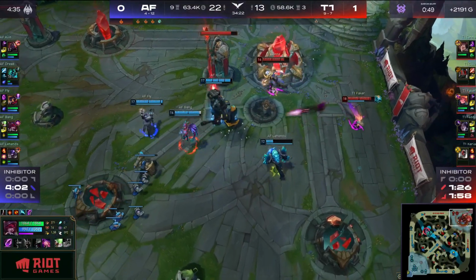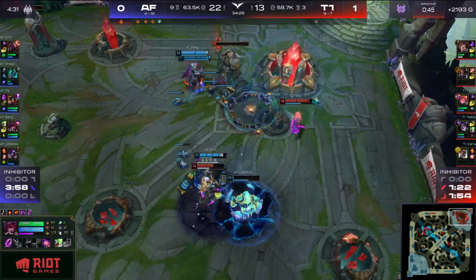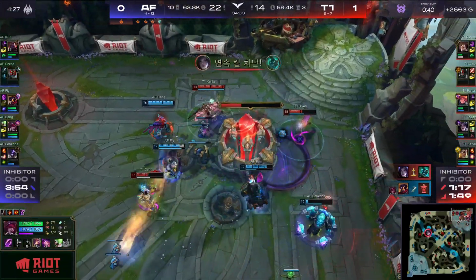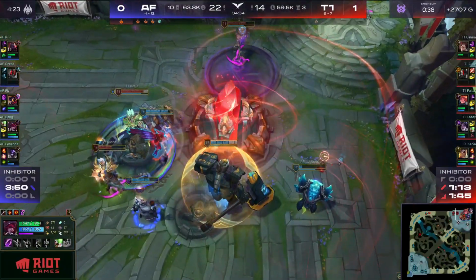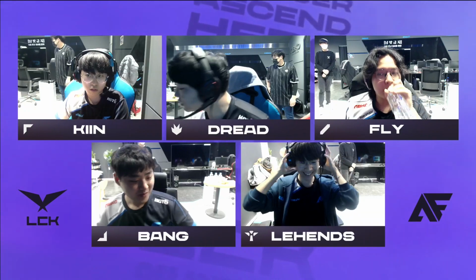Faker has a Stride Breaker. And Teddy once again going to get denied. There's the showstopper into the backline. Lehens might die, but the Nexus Star is going to be taken down. Another back going to be attempted here as the Nexus is so extraordinarily low. There it goes. Afrika topple T1 in game 2. It's a valiant effort for T1, and we